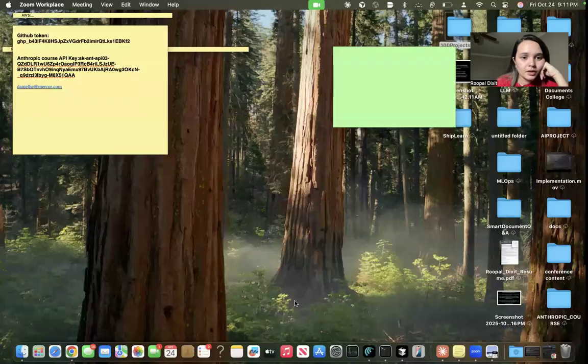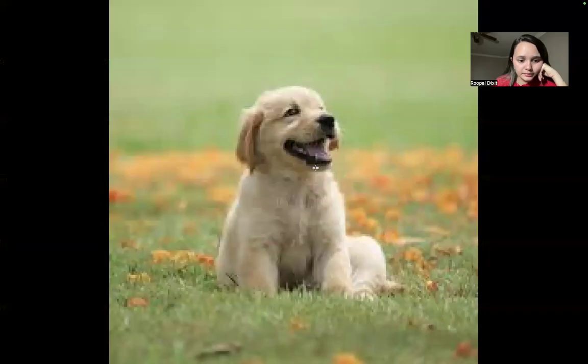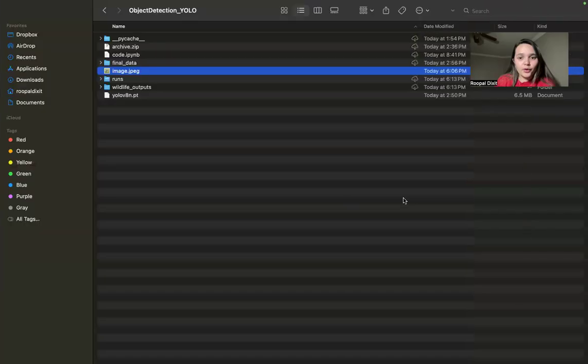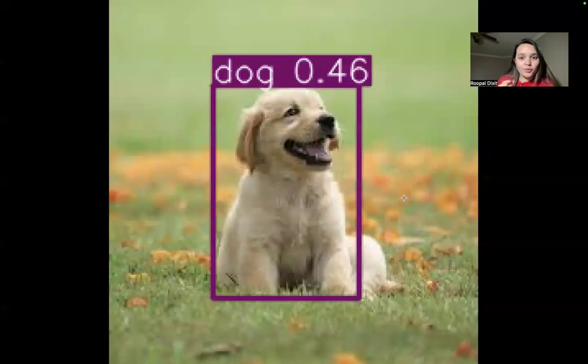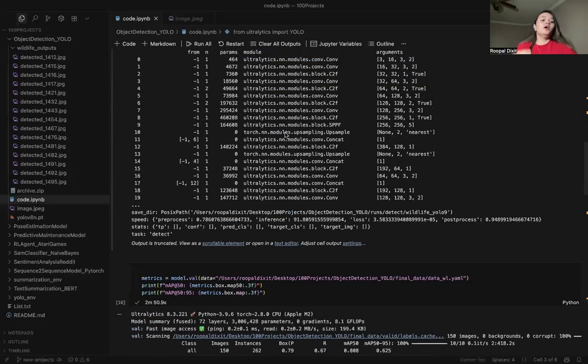Okay, yeah. So you can see that this was the image that I provided to my YOLO version, which was trained on this to identify the objects. So it is a pre-trained model. You remember that. So it was able to detect it as dog with 0.49, and this is how it was able to do this. So let me open the code again. Okay, yeah. So this is it.